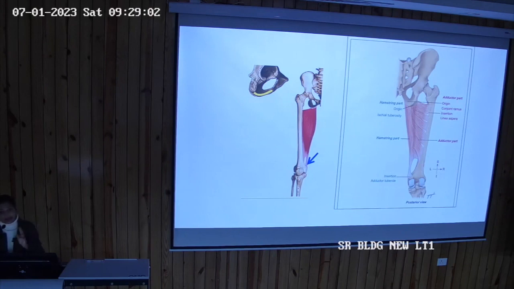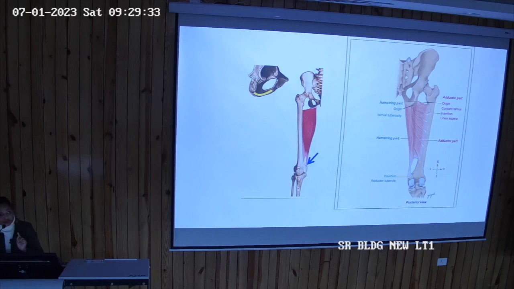Adductor magnus has two parts, the adductor part and the ischial part. You have studied the origin of the adductor part in the medial compartment. So from where does it take origin? The adductor part takes origin from the hip bone, from the conjoint ramus, from the ischial ramus to the conjoint ramus of the hip bone. Then it gets inserted, extending from the medial margin of the gluteal tuberosity, linea aspera and medial